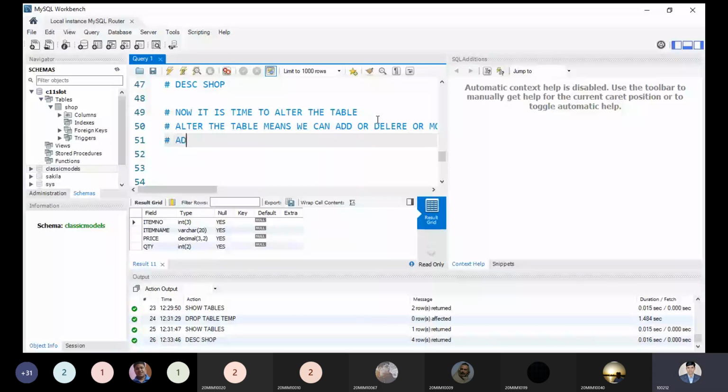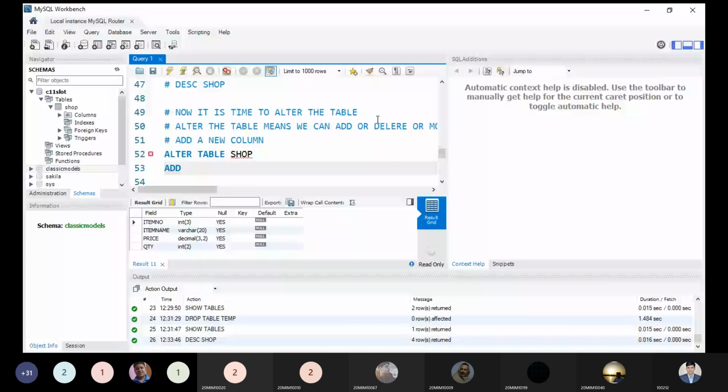So what is the syntax? Alter table, and the table name is shop. Now, what do you want to add? You want to add a new column. You can see item name, price, quantity we have, but we don't know from which counter we have purchased the shop or where this shop is available. So we have forgotten the company name.